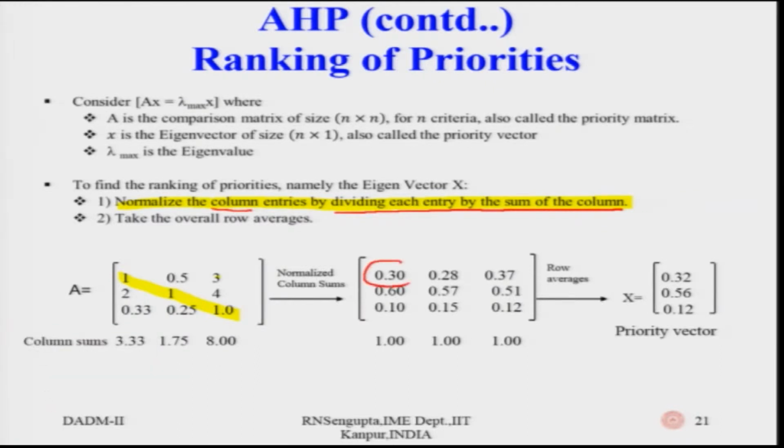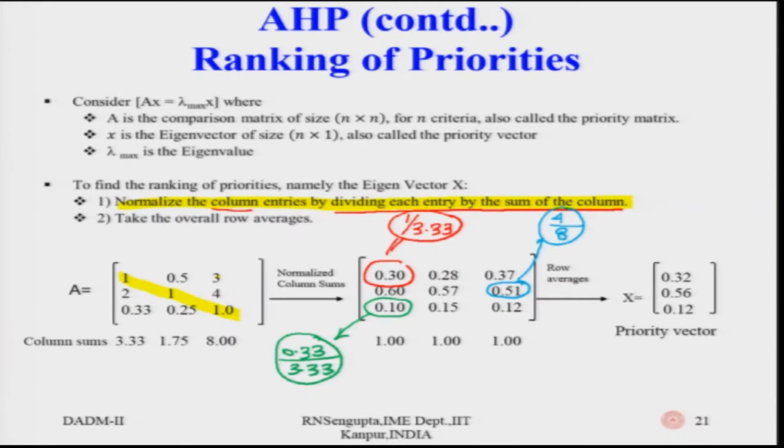So, this value would be equal to, if I consider this value, 3.33, if I consider this value, this should be half. So, 0.51. If I consider this value,